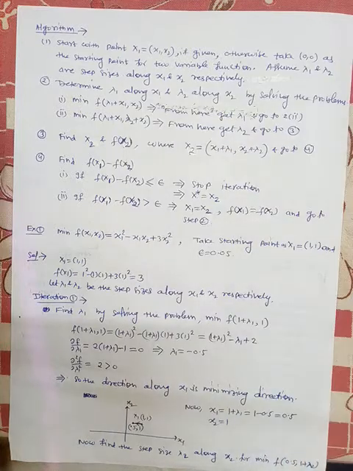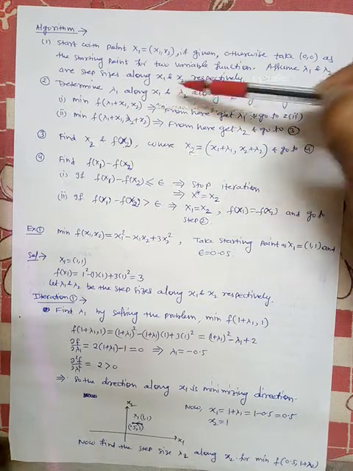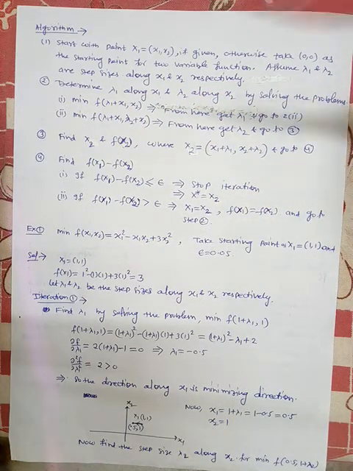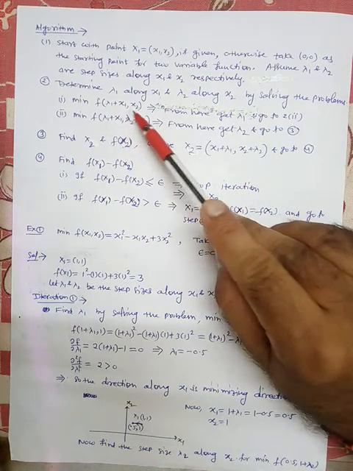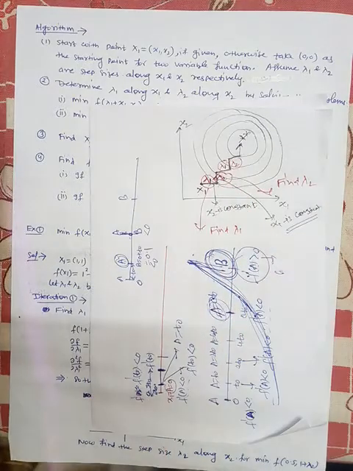Fine. So here determine lambda 1 along x1 and lambda 2 along x2 by solving the problem minimum of f of lambda 1 plus x1, x2. So if you will see here,